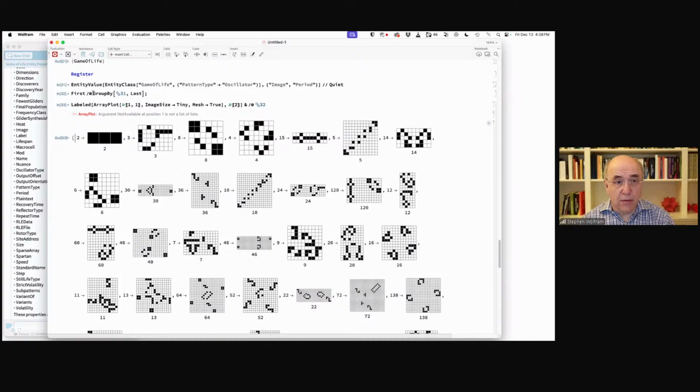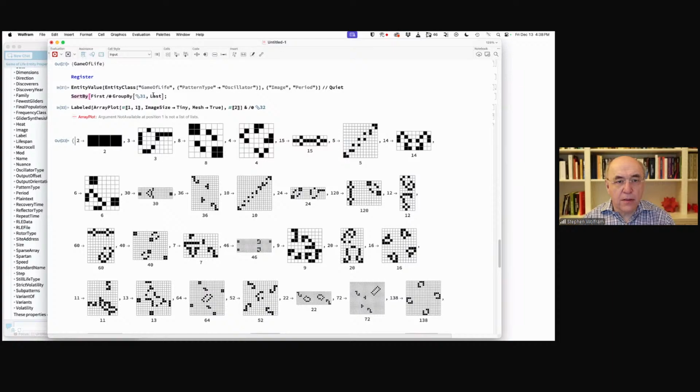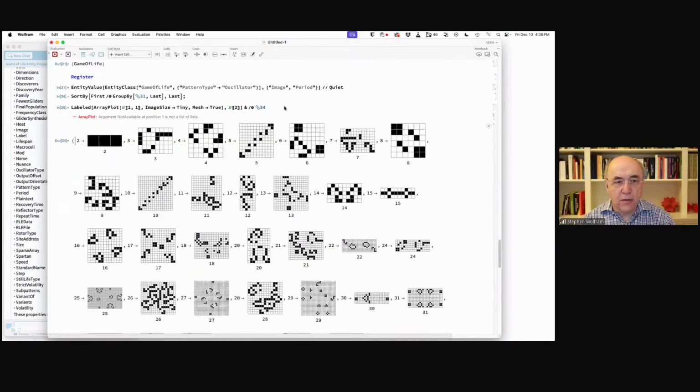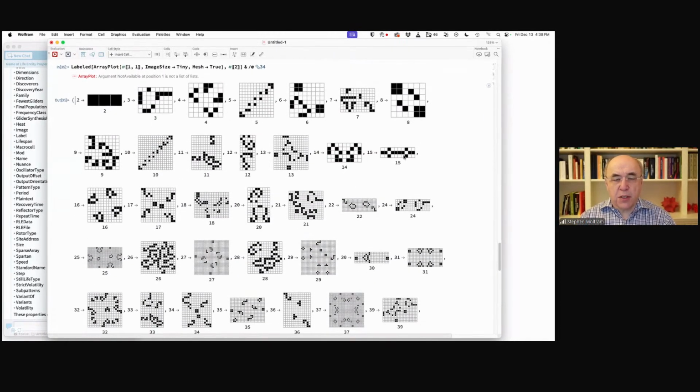I should have said sort by the last element. So that will now sort by the periods. And now I can do this. And now I've got a period 2, a period 3, a period 4, a period 5, et cetera, et cetera, et cetera. So this is kind of the engineering, this is the solutions for these particular oscillators